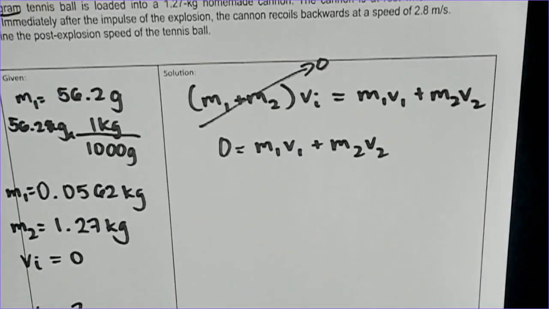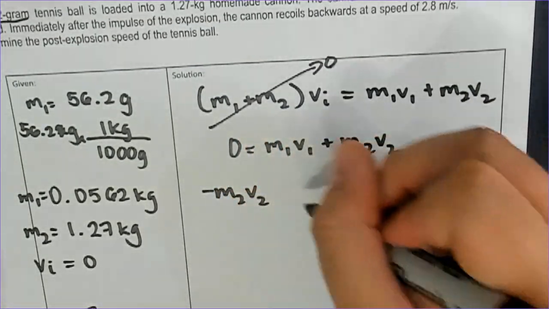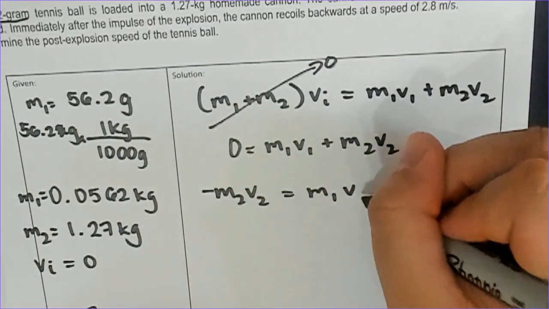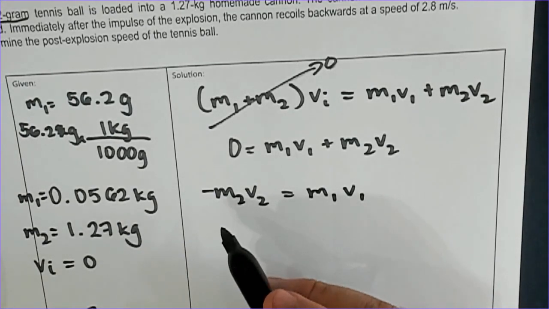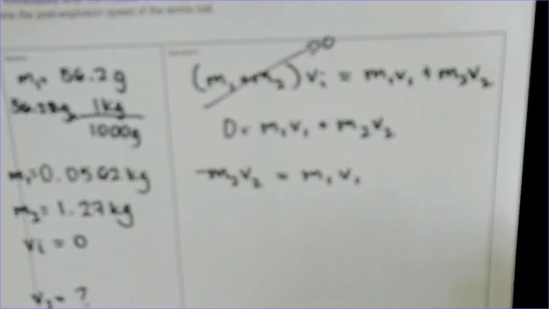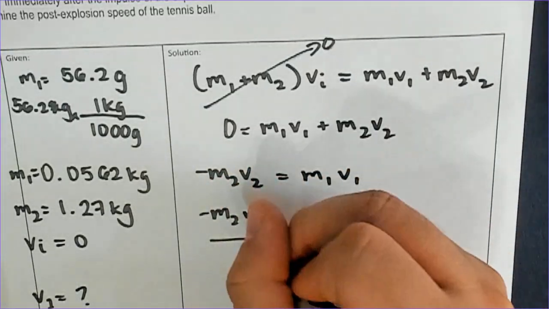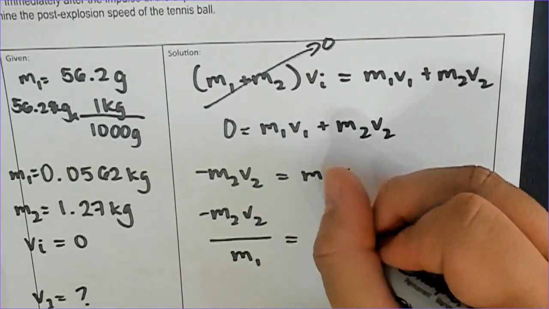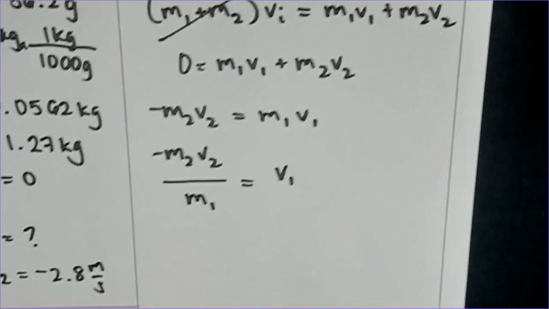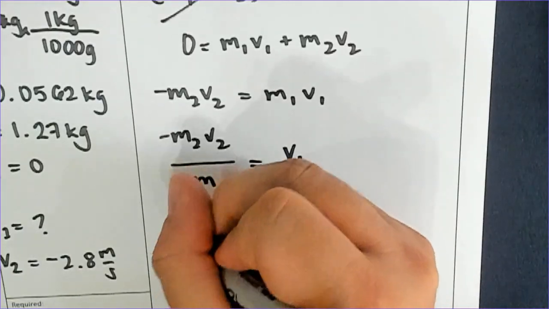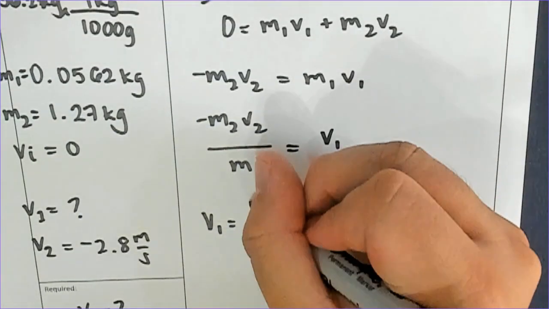Now you want to isolate V1 here. To do that, we could simply subtract M2 V2 on both sides. And then after you subtract, you can divide by M1 on both sides. So it will now look like negative M2 V2 all over M1 is equal to V1. Now that we have everything that we need to solve, let's plug and chug. So V1 is equal to